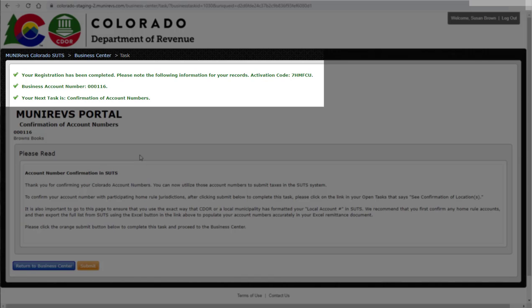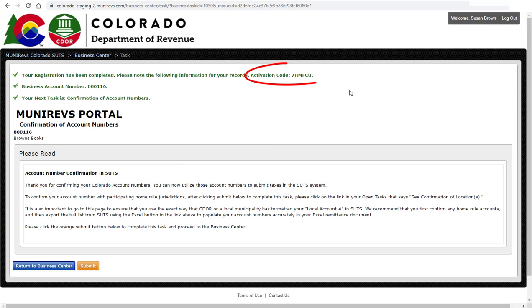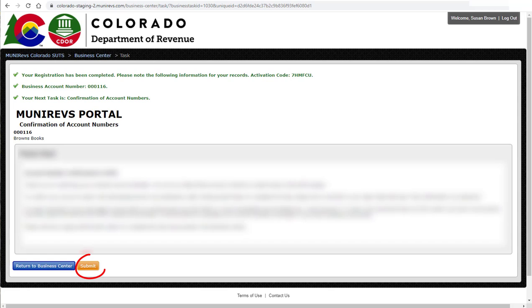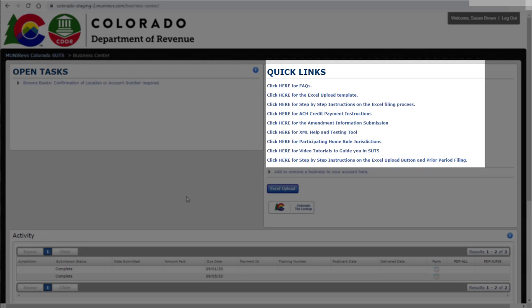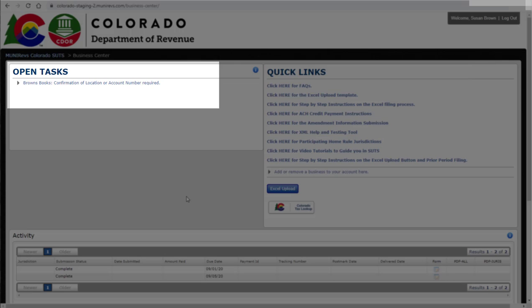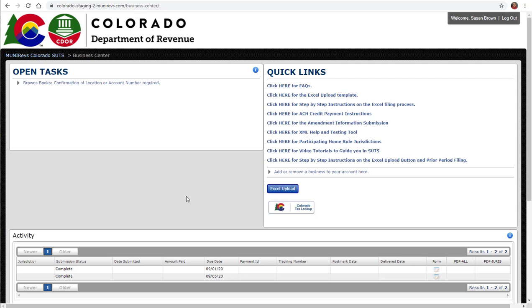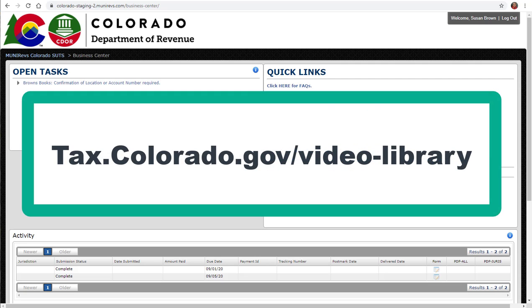A successful submission will show green confirmation messages along with your activation code. If you need to apply for a Colorado account number, you can do so in the SUTS portal from this screen. Otherwise, you can proceed back to the Business Center, where you can explore additional information under Quick Links and see any open tasks that are required for you to perform. For additional video instructions, such as how to apply for a Colorado account number using the SUTS website, please refer to